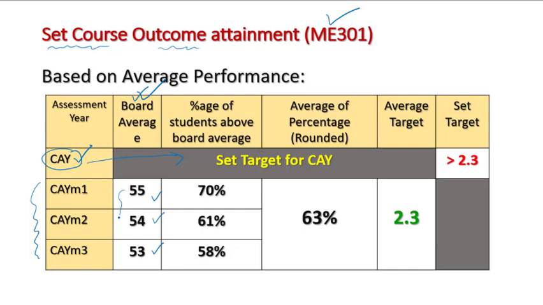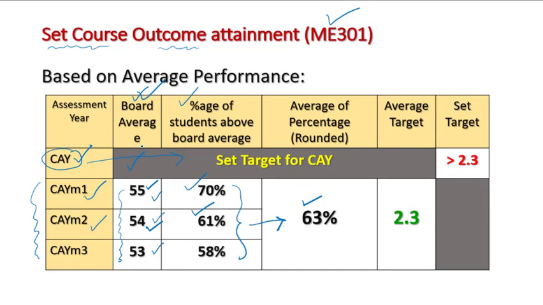The average of this is the average marks and average students above board average. That means 70% of the students got more than 55% marks in this academic year, and in this academic year 61% of the students scored more than the average 54 marks in the respective year, and so on. So for these 3 years the average percentage is 63. That means during these 3 years 63% of the students scored above the